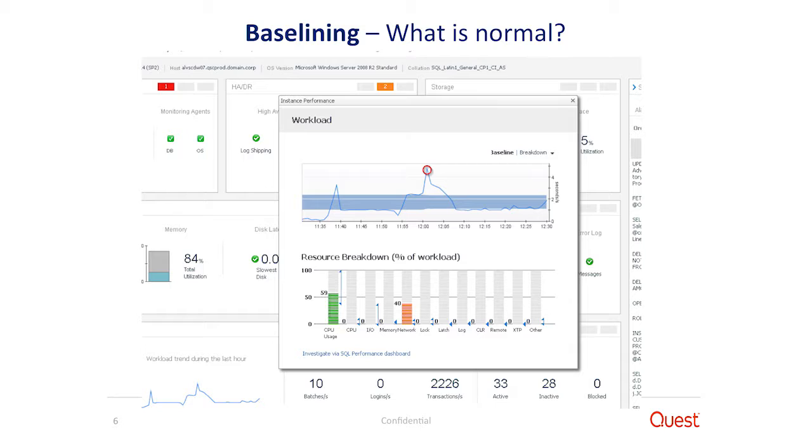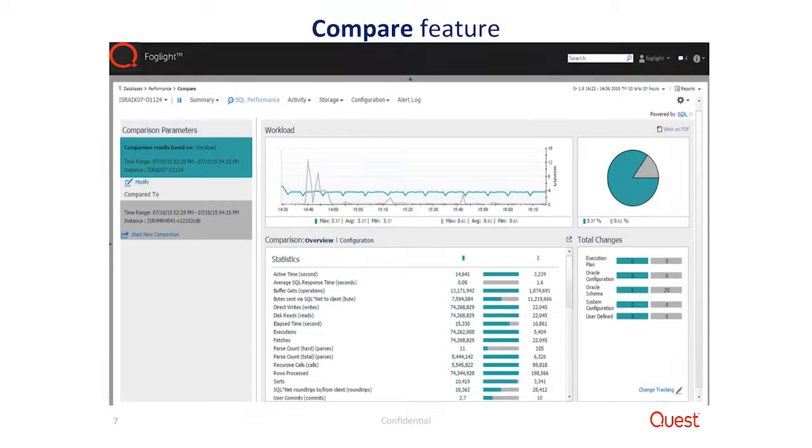But once these problems have been detected, you can compare it to other time frames or other similar instances for proper diagnosis of the problem. This is the compare feature screen. So it allows you to compare two similar instances when one is having an issue and one isn't. By seeing them side by side, you can figure out exactly why one is having a problem and why one is running fine. This is illustrated in the example above, where two instances are compared over the same time range,